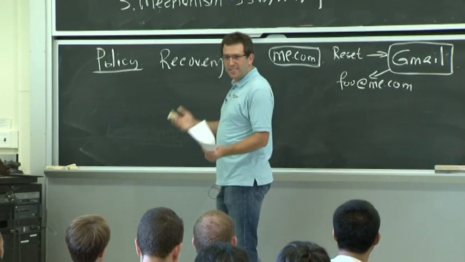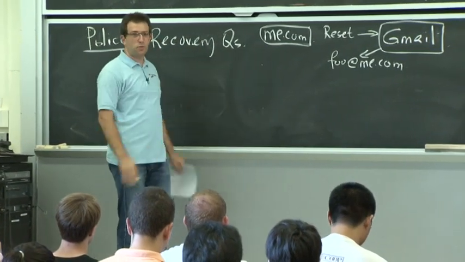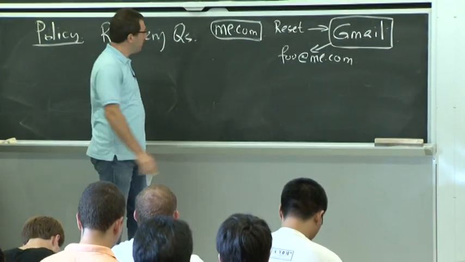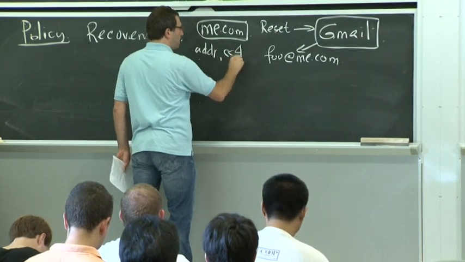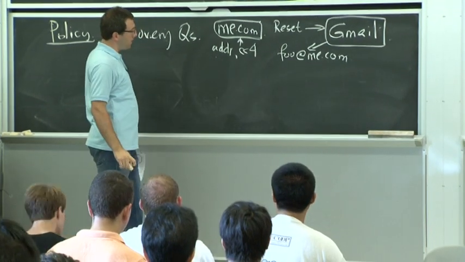How are you going to get this guy's home address? Maybe you can look it up somewhere. This guy's a well-known person at the time. But where do you get the last 4 digits of his credit card number? Well, not clear, but let's keep going further. So you need to send these things to me.com to get access to his email account there.